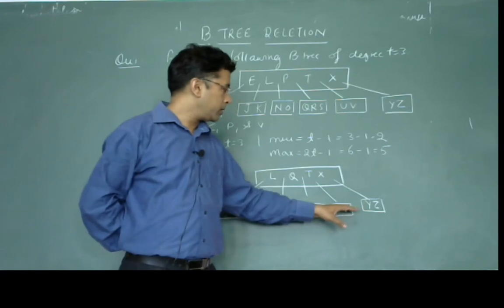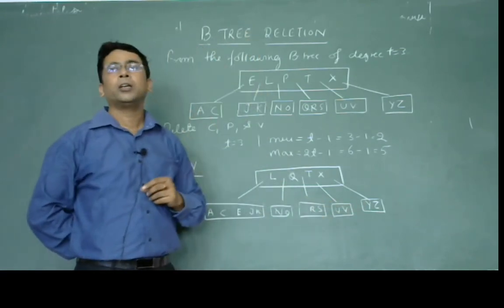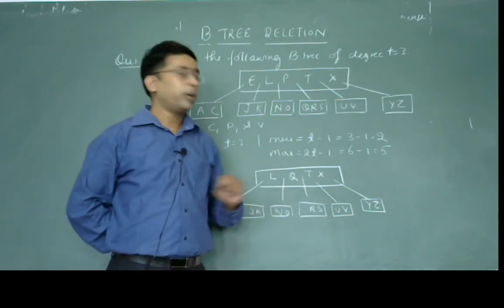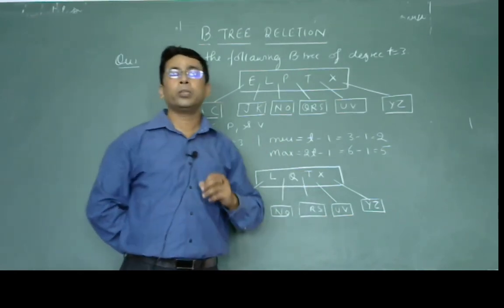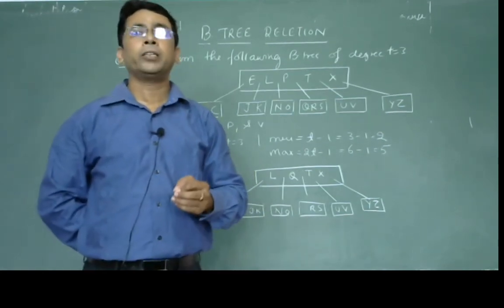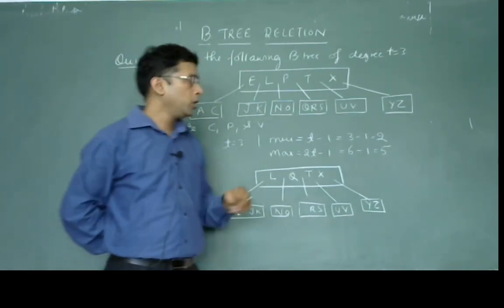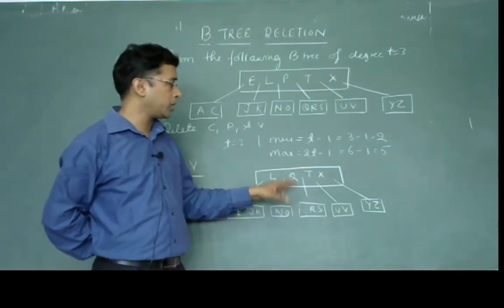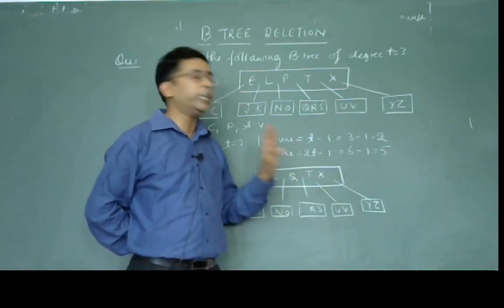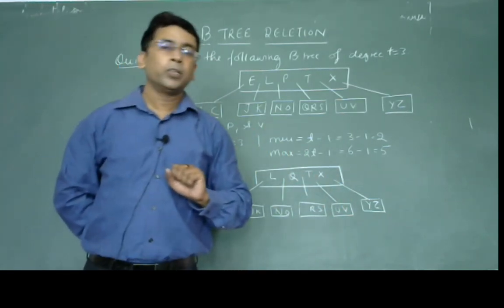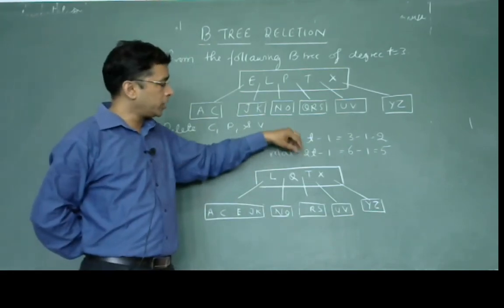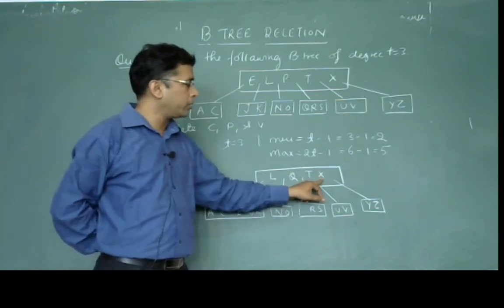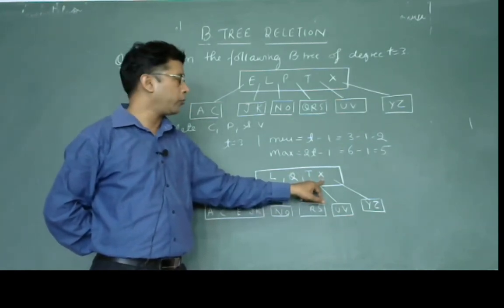And neither sibling is in a position to lend, but the parent is in a position to lend, and we know that when we transfer a key element, then along with that key, pointers also eliminate. So it will try to save the pointers. But in this situation, neither left sibling nor right sibling is in a position to save the pointer. So what happens in this situation? Finally, the extra key from the parent is borrowed,